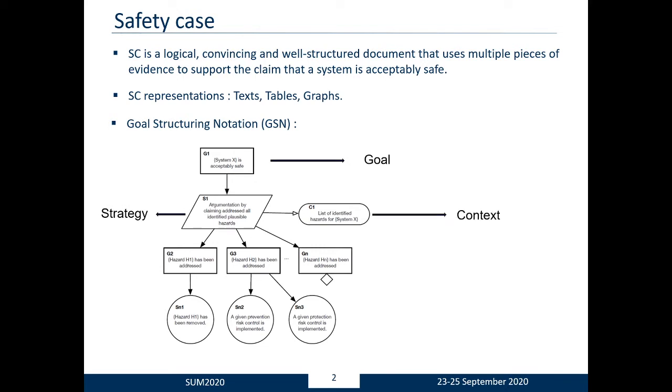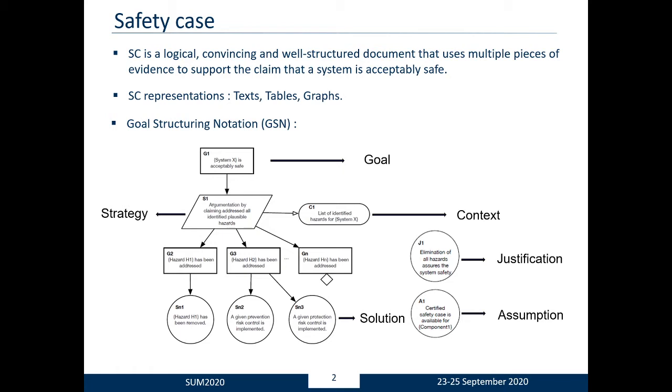A context is a reference to contextual information or a statement of contextual information. It can be related to a goal, a solution, or a strategy. A solution is the available source of information to directly support a goal. A justification is the statement or description that provides the rationale behind the adoption of some strategy or the presentation of some goals. And assumptions are additional information linked to a goal or strategy, which is sometimes necessary for the